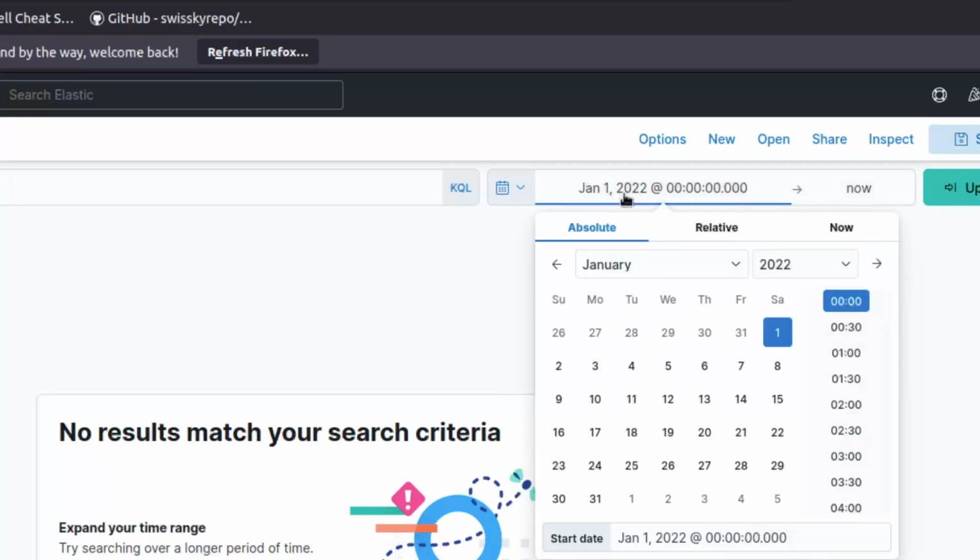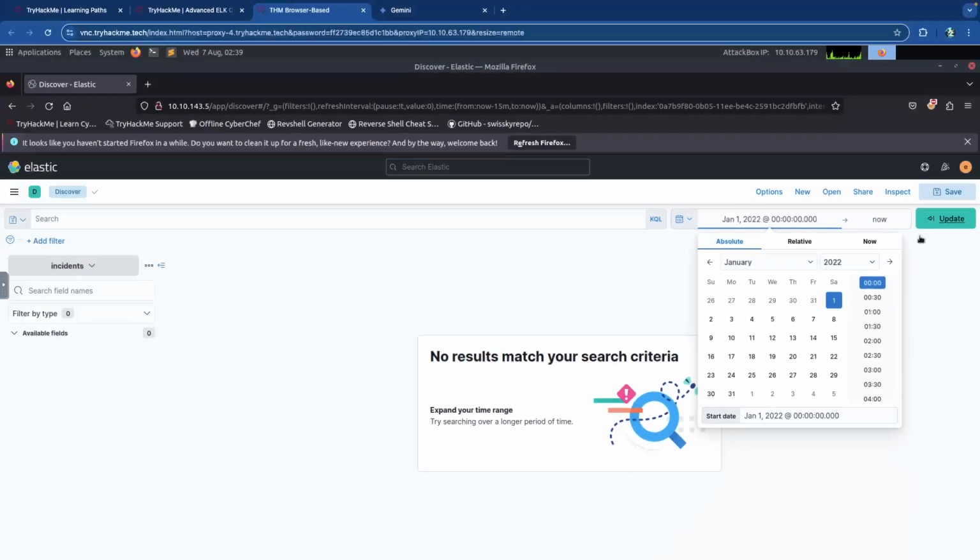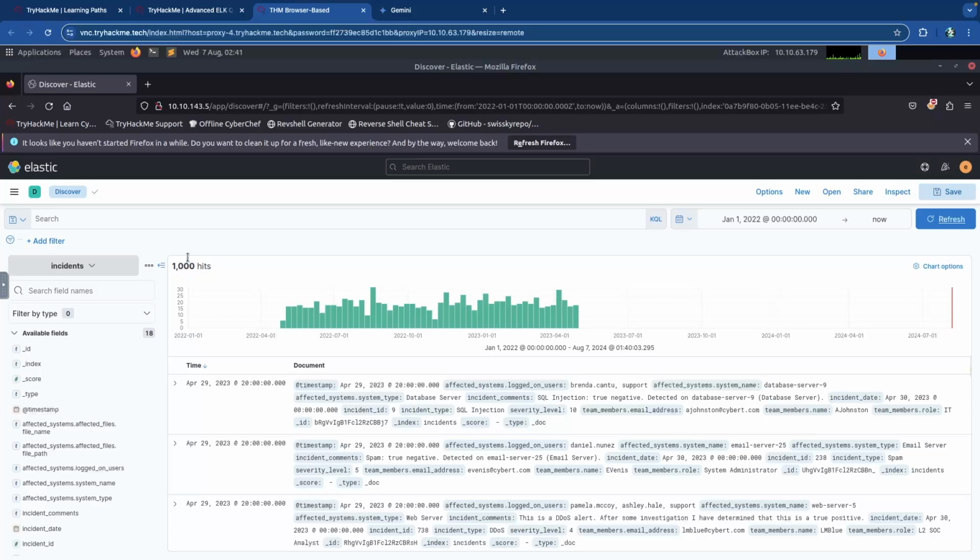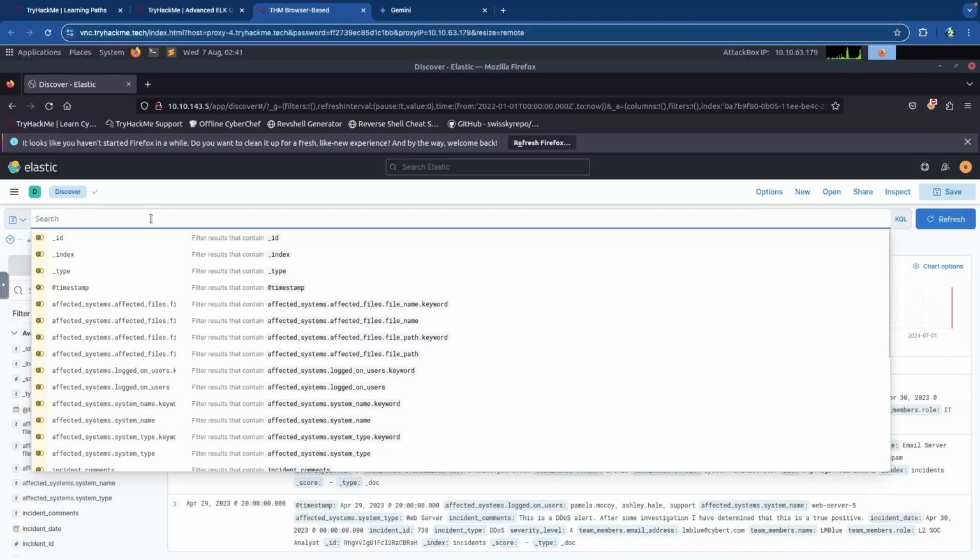There we go. So January 1st, 2022 until now. And so if I now update this, we should get some data. Okay, here we go. We got 1,000 hits once this whole thing loaded. And the first question is asking us how many incidents exist where the affected file is marketing strategy 2023-723 PowerPoint, it seems. So what I'm going to do is search for that,